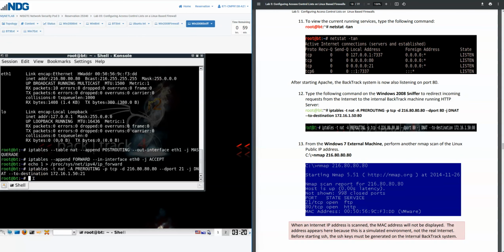And to do that, we're going to have to do an iptables command again. iptables, space, -t, space, nat, space, -A, space, PREROUTING, all in capital letters, space, -p, space, tcp, space, -d, space,